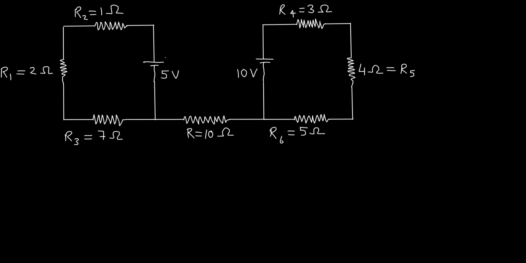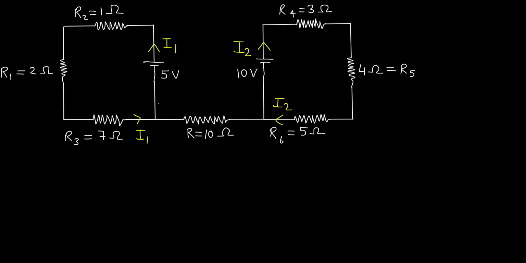So let's start. Suppose I say current from the 5 volt cell, suppose current I1 flows, and this will go in the left loop like this, and it will come to this point I1, and let's see what will happen after this. And similarly from the second loop on the right hand side, the current given by the 10 volt cell, suppose that is I2, and it goes through the whole loop and it comes at this point like this.